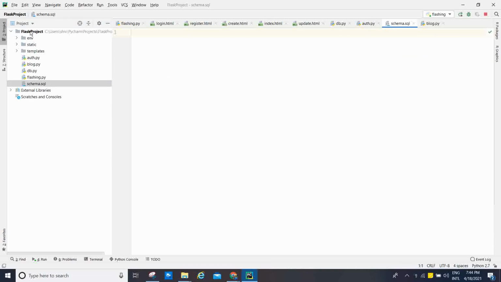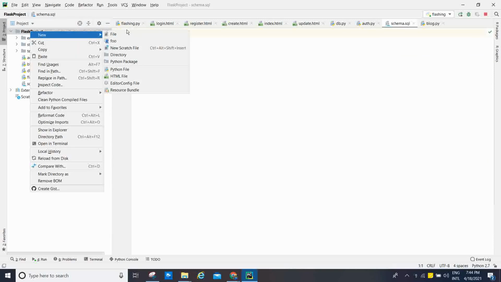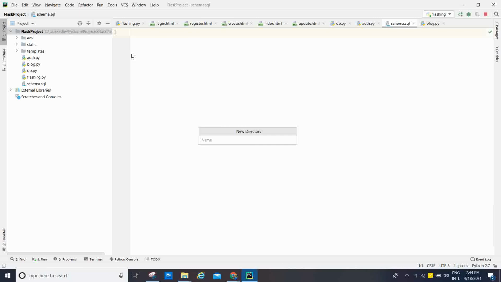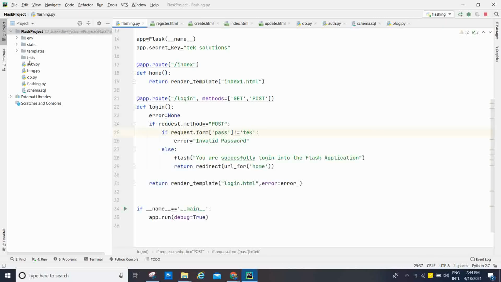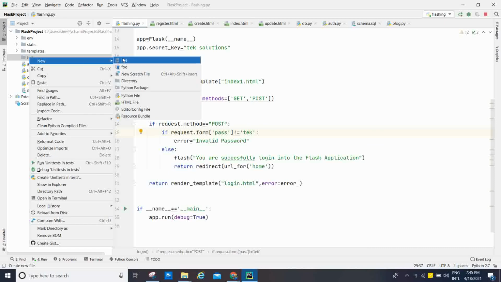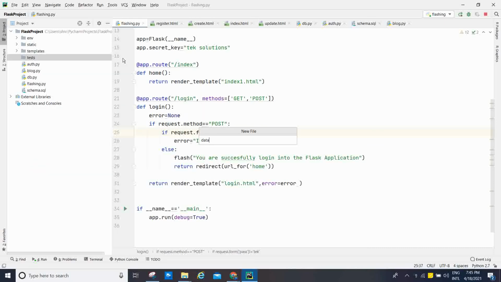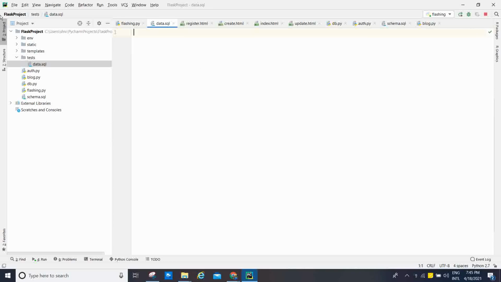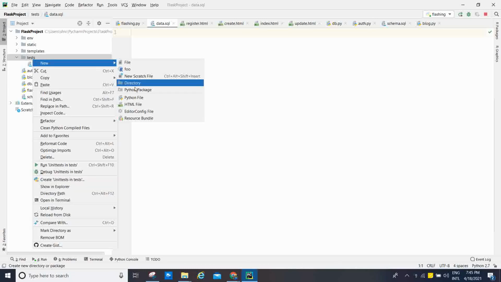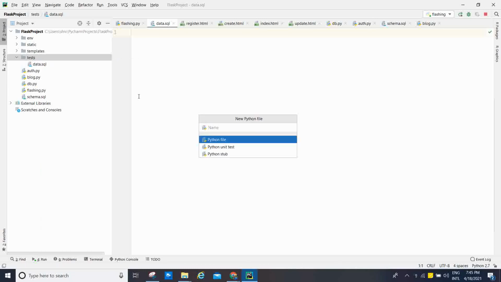Now I want to create a test file also. For that I am going to create one directory, tests, and inside tests I am going to create one file, data.sql, which is only used for testing purposes. Now I am going to create one Python file, test_factory.py.